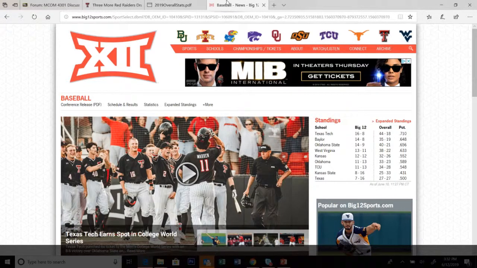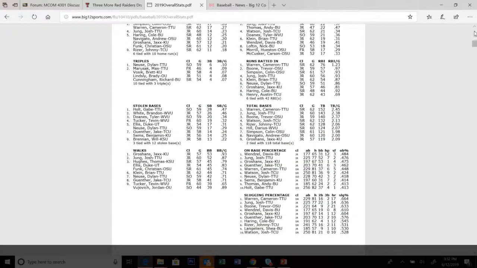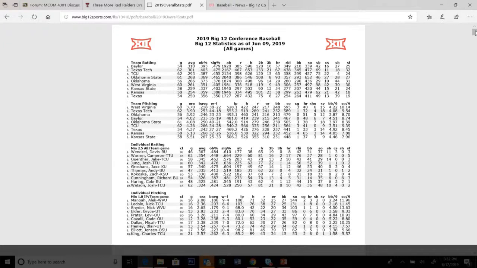And one last thing I would do, I've already clicked on this for the stats. I'd kind of like to see where Texas Tech is amongst the leaders in the Big 12. So they had the second best batting average amongst all the Big 12 teams. One of the things that I would really look at, though, is things that stand out to you. If you look right over here, sacrifice hits, SH is sacrifice hits. That's bunting, sacrifice bunts. Texas Tech is not a team that bunts very much, so that's something you would know for your prep.